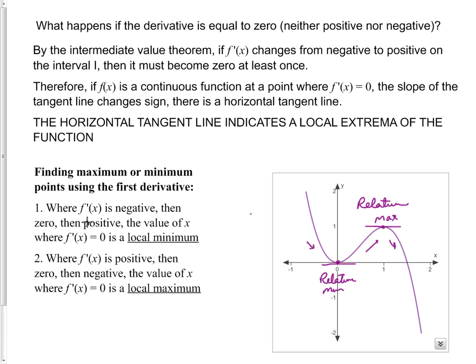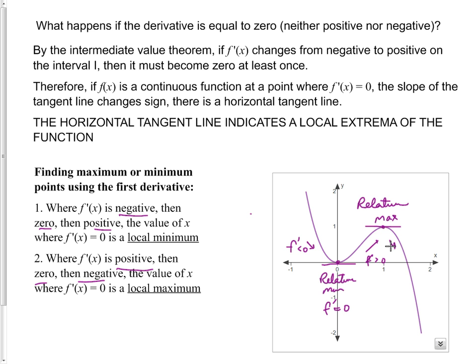So essentially we have a function where the derivative is negative, then 0, then positive, like in this first case. f prime would be negative right here, f prime would equal 0 here, and then f prime would be positive here. We see that the function has a local minimum. And where the derivative changes from positive to 0, then to negative, we'll have a local maximum,